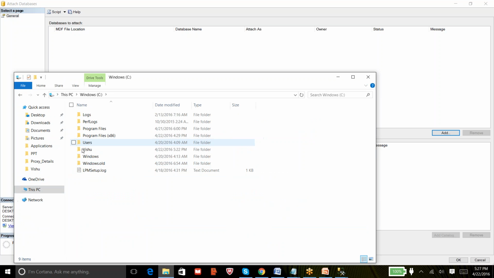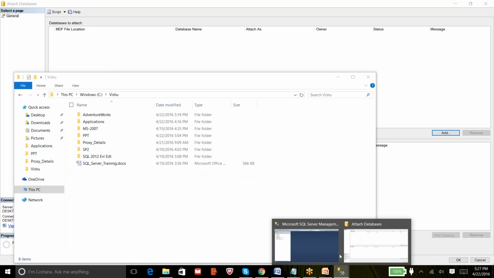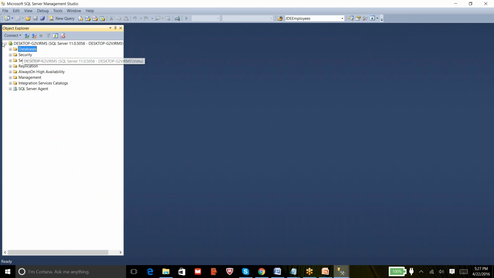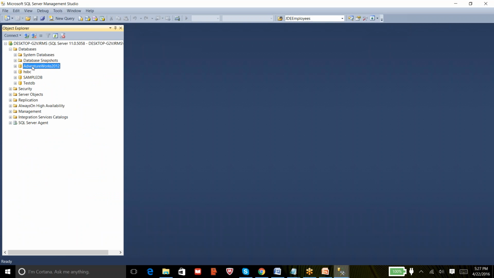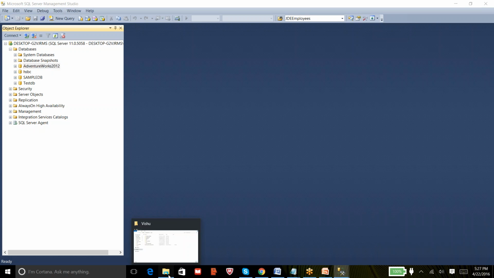Why is SQL Server getting crashed when I try to browse that MDF file? It is because we have already attached the database to the instance. So this database is using those two files. When the files are being used by SQL Server, it doesn't allow any other connections to use that file physically. So that is the reason it is not allowing access.